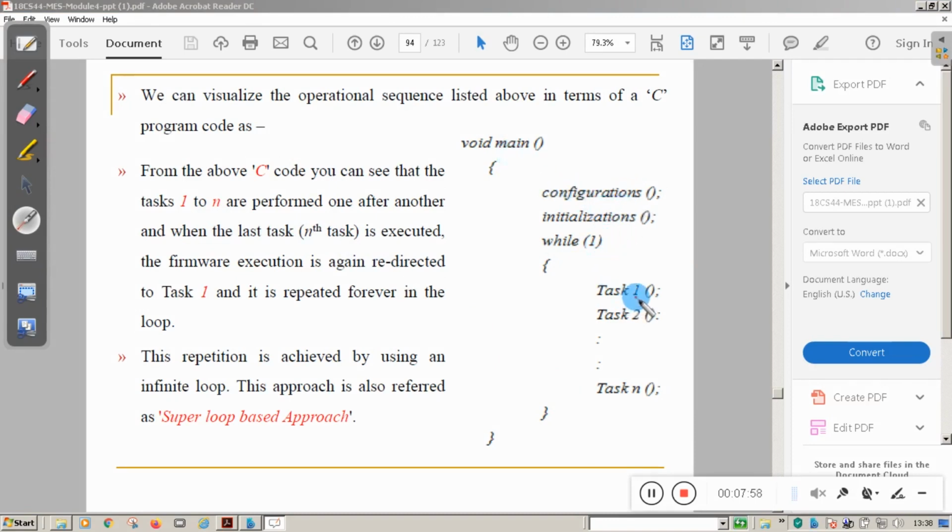After that it will execute task 1, task 2, then task 3, and then this loop will repeat. This repetition is achieved by an infinite loop, where we have used the condition while true. So this is a super loop based approach.